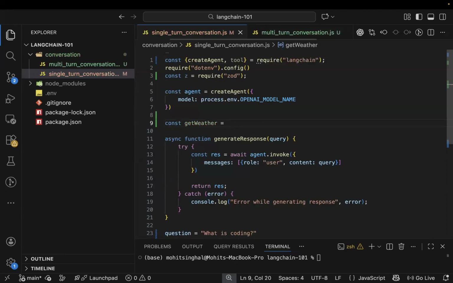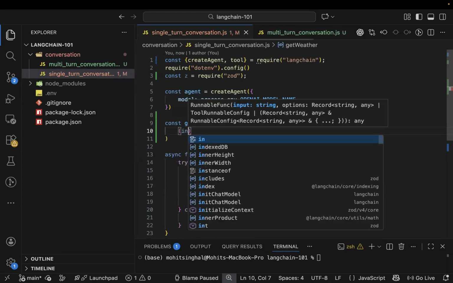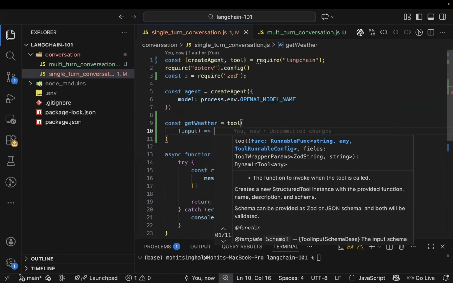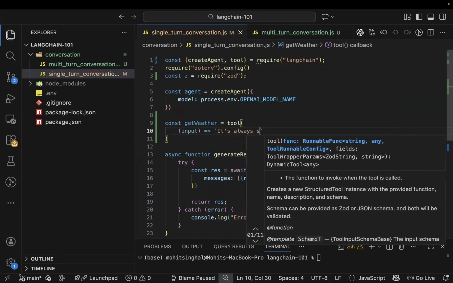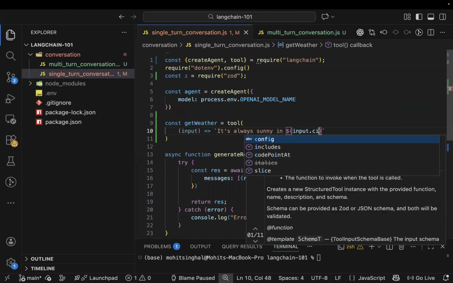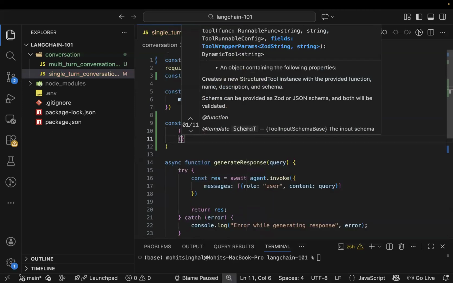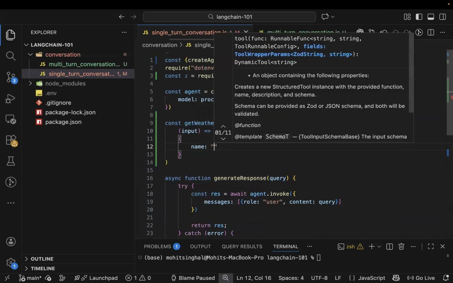is equal to tool, and here you are going to provide the input. So whatever the output, we will just revert back with the tool call. That is the answer. So for now it is going to just provide the answer: it's always sunny in whatever the city name that we get, input.city. So first is a function that you need to pass, and the second is the argument that we have to pass. So the function name, let's say the function is get weather,